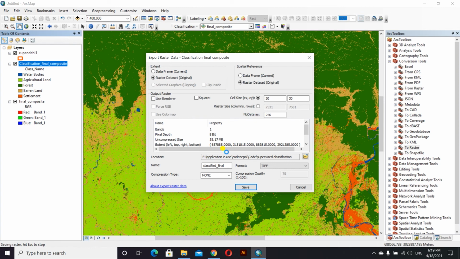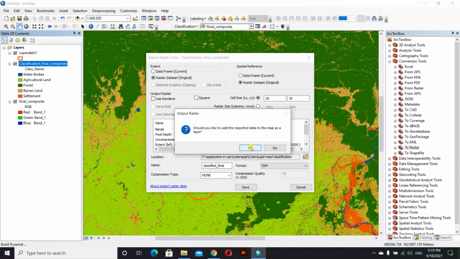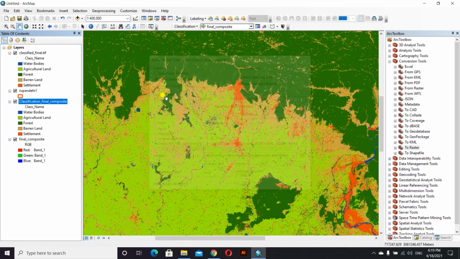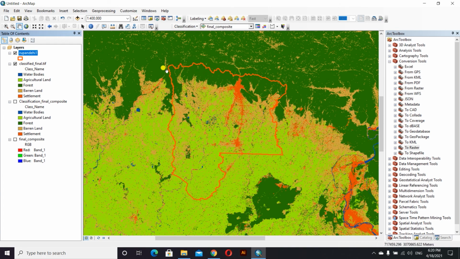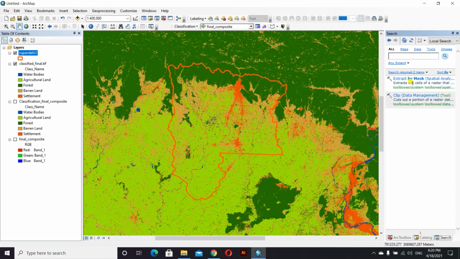It will take time. So we'll export the data as a layer, and we'll only click on the data which is exported, and after that we have the Rupandehi shapefile over that image.